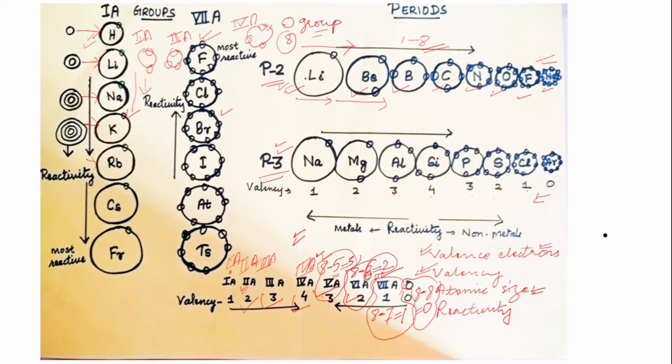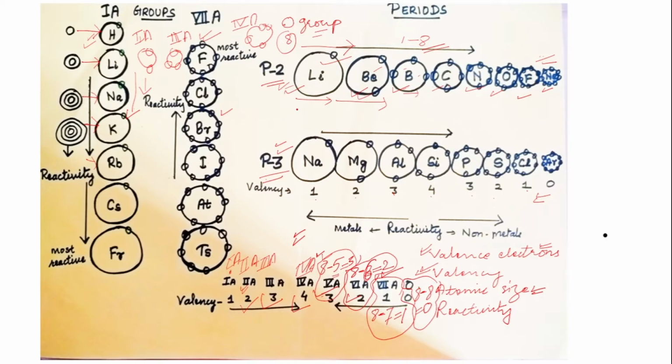Okay, it is because, if you look at the figure carefully, you can make this out. Atomic size is decreasing. Lithium is the largest, beryllium is second, boron is third, carbon is fourth. So it is decreasing step by step. But if you look carefully, you can see the number of valence electrons is increasing as you move from left to right. Lithium, 1 valence electron, beryllium, 2 valence electrons, boron, 3 valence electrons. So what is happening here is the valence electron number is increasing, but atomic size is decreasing.